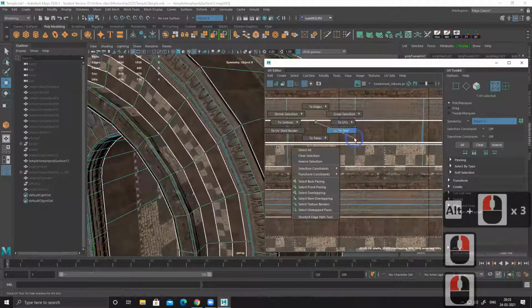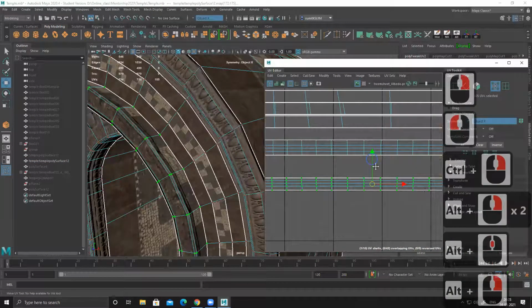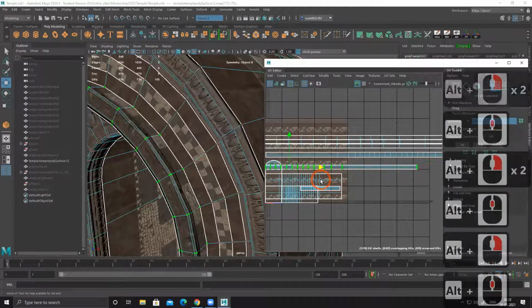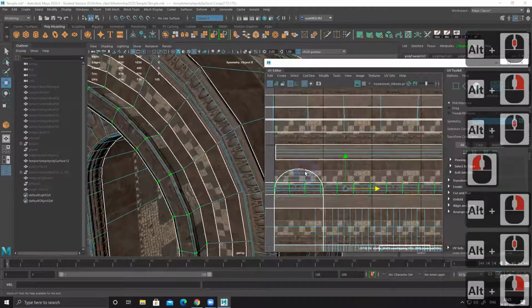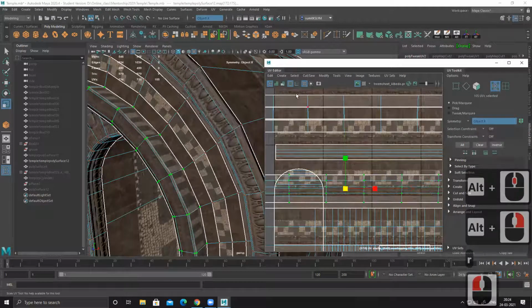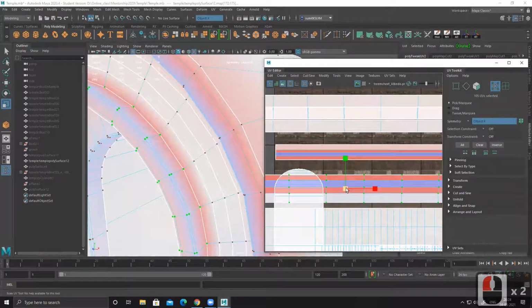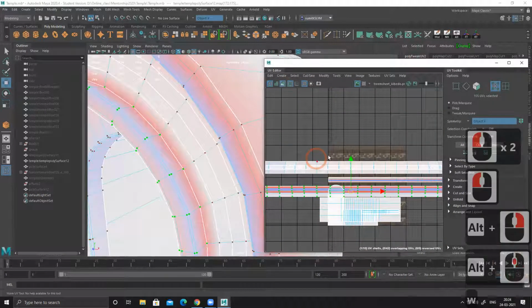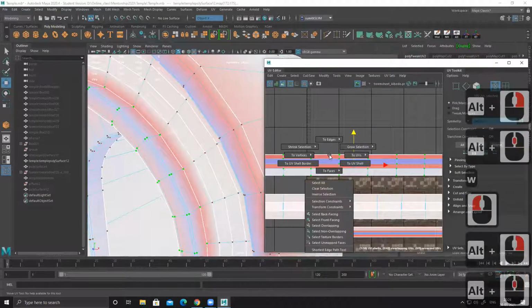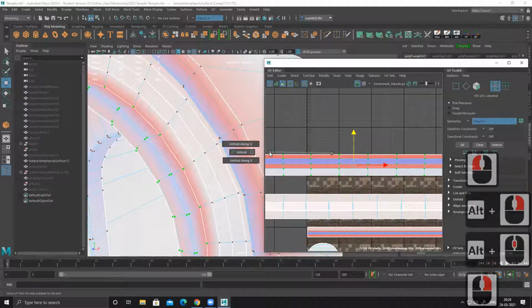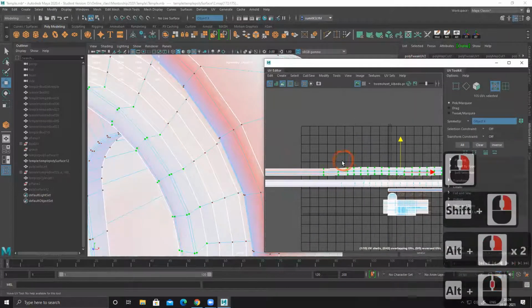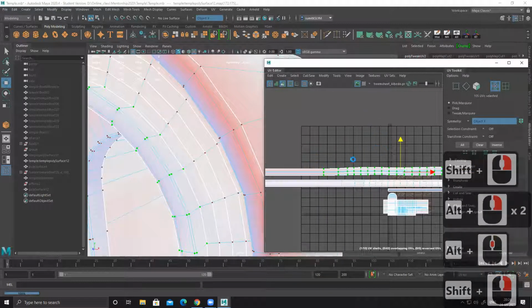UV, this one. Let's move it to the center. See, this will also become vertical. Vertically, I have made it.